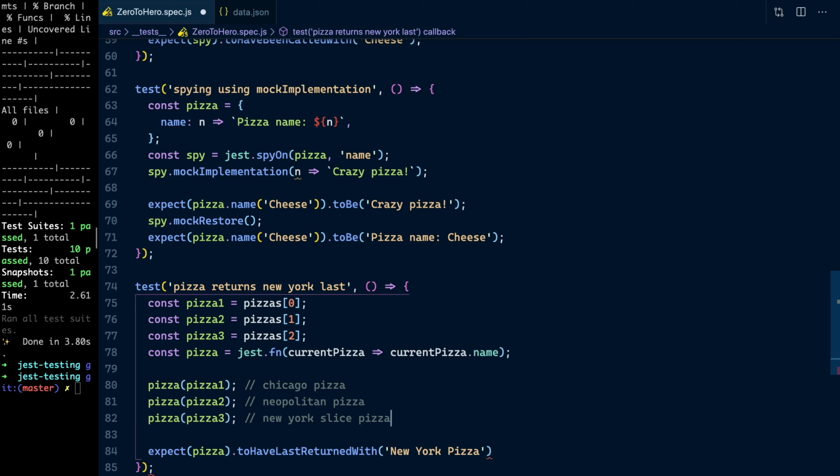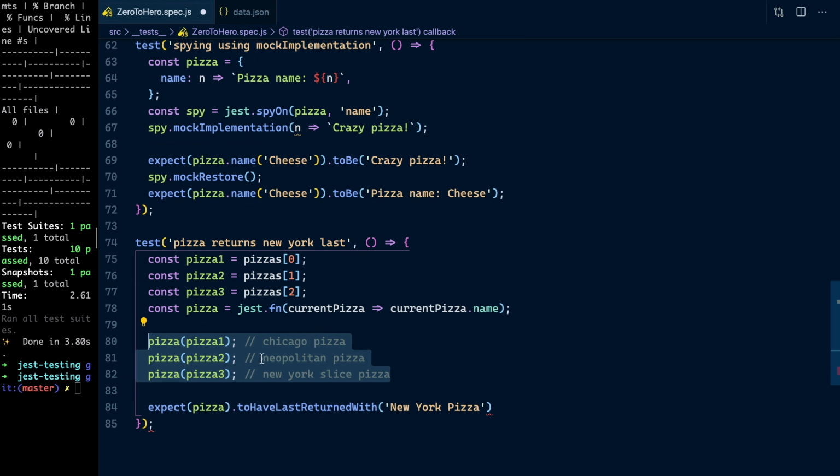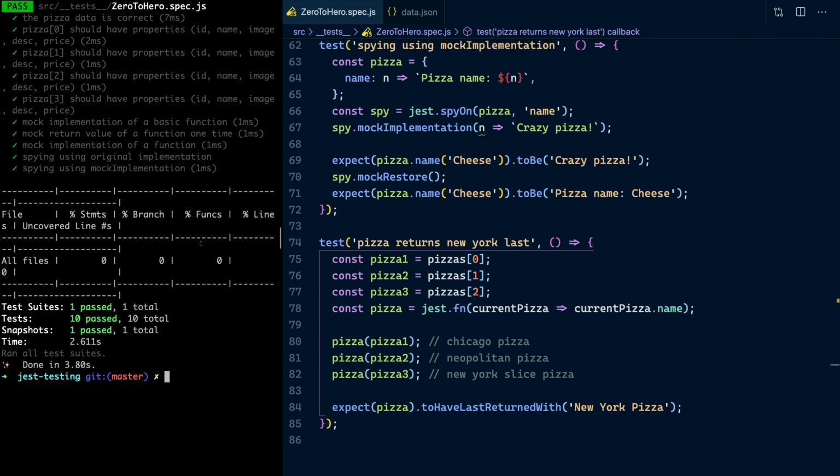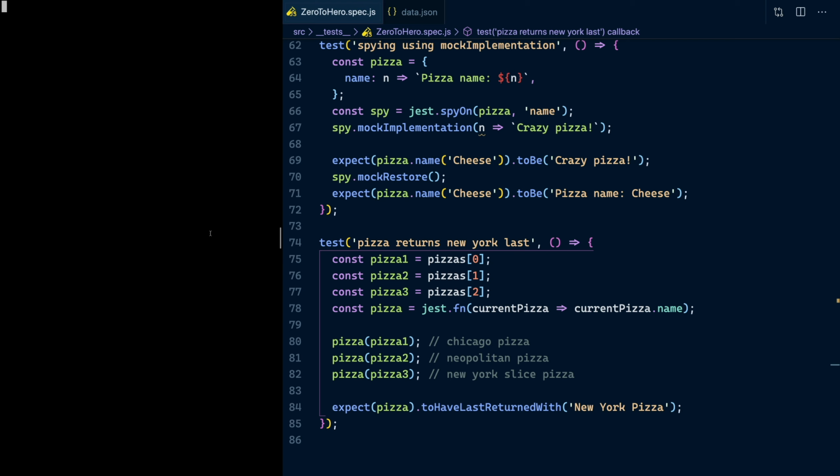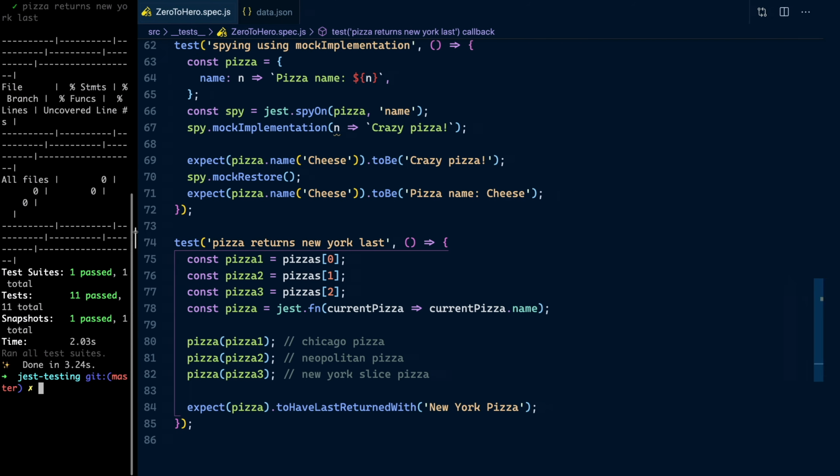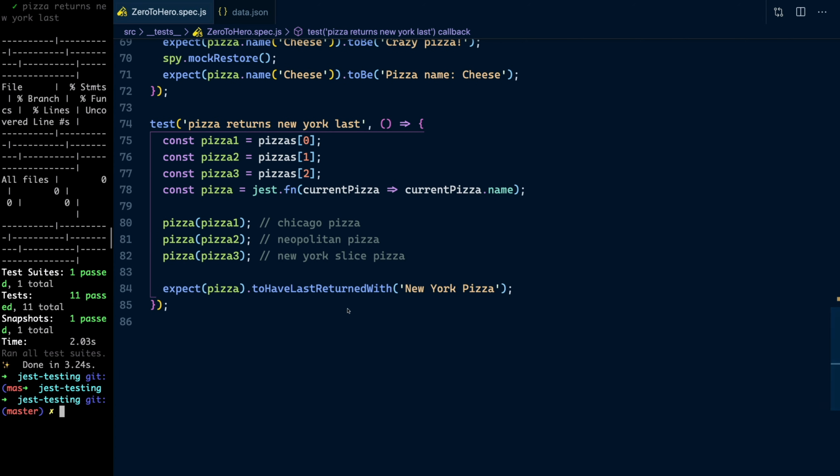So we're calling the mock function 3 times. The first value is Chicago, then Neapolitan, and then the last one will be New York pizza. So let's test that works. Let's go ahead and have a look. Perfect. So there's many different ways to test this, but we're pretty much testing as much as possible here through